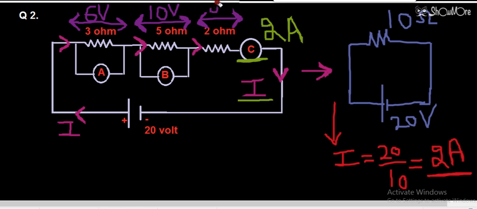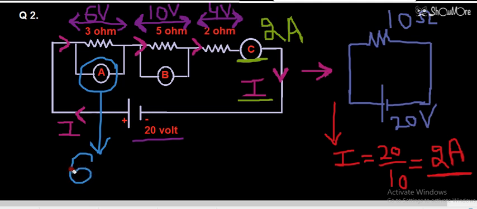So students, basically the voltage of the battery, this battery has 20 volt, will be divided into 3 parts in a series circuit: 6 volt, 10 volt and 4 volt. Now, what the examiner has asked is the reading of these devices. Device A is a voltmeter and it will give me a voltage reading of 6 volt. Device B is also a voltmeter because it is connected in parallel, and this device will measure the reading of 10 volt.